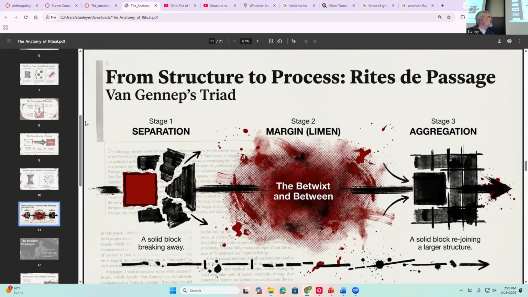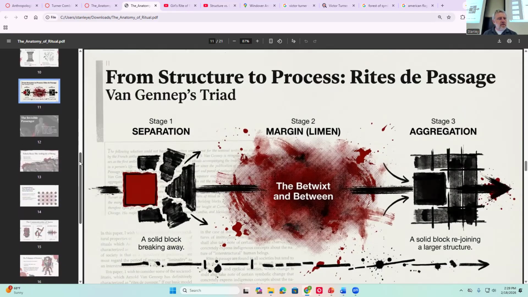You were in one state before. We're going to do this ritual, and then at the end, you're going to be in a different state. You were single. We do this marriage ritual, come out, you're in a new state, you are a married person. You are an undergraduate, we do the graduation ritual. At the end, you are a college graduate, you're alumni, right? So this is a common pattern, a common grammar that rituals throughout the world use to move people between these different states.